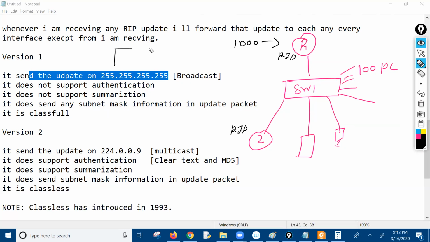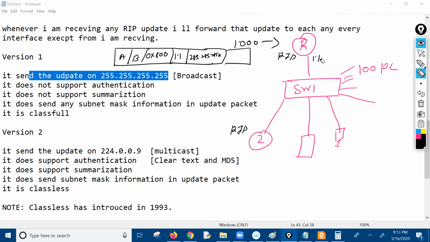Now R1 will create one update packet, right? In this update packet, for example, we have source MAC A, destination MAC B. Then we have type 0x0800 IP. Then we have a source IP, for example 1.1.1.1. Destination IP is broadcast,